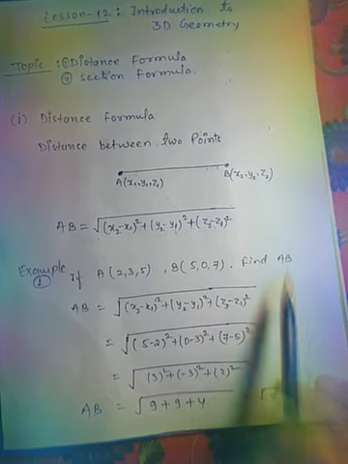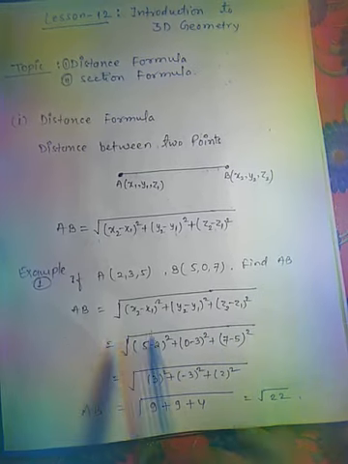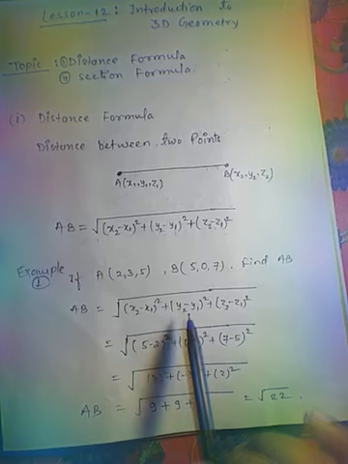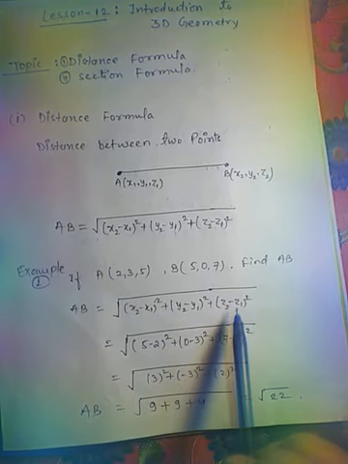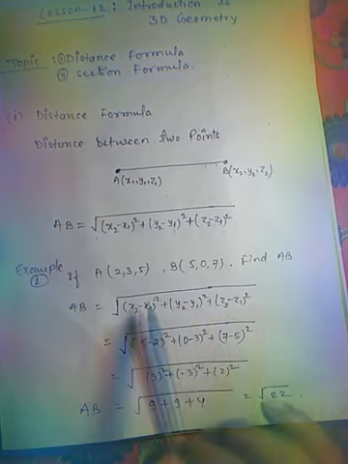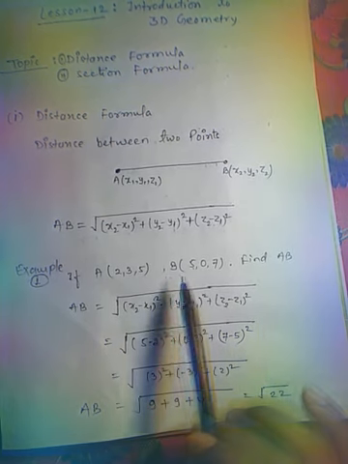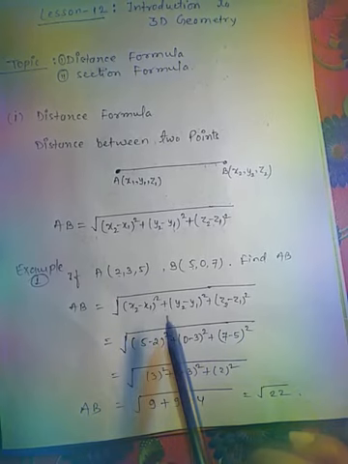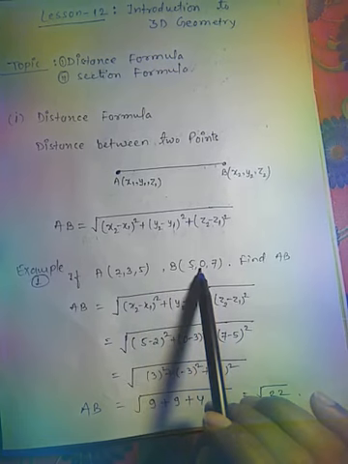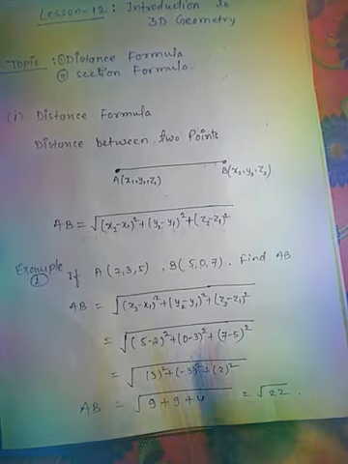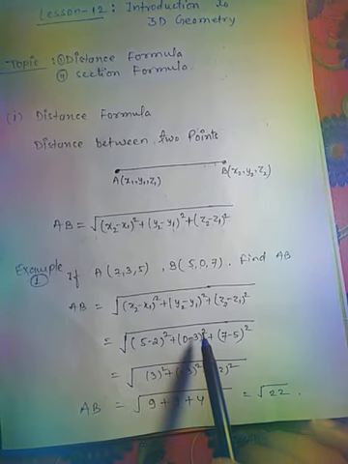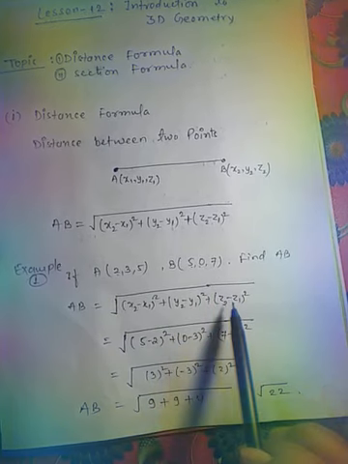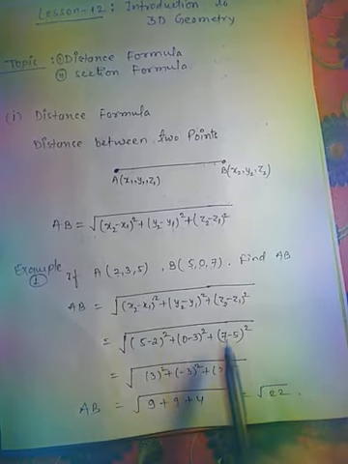Find AB. AB is equal to root of (x2 minus x1) whole square plus (y2 minus y1) whole square plus (z2 minus z1) whole square. Since x2 is 5 and x1 is 2, so (5 minus 2) whole square plus y2 is 0 and y1 is 3, so (0 minus 3) whole square plus z2 is 7 minus z1 is 5, so (7 minus 5)